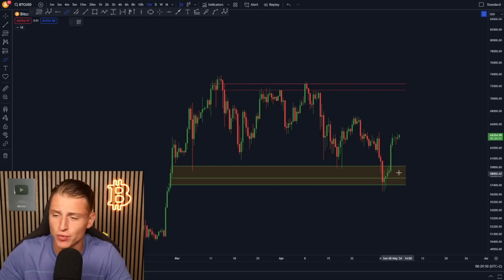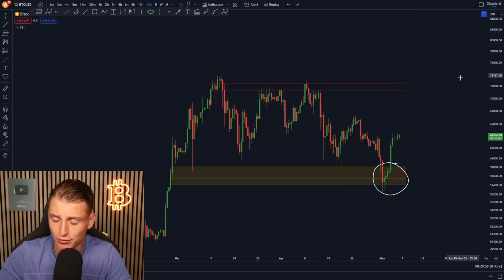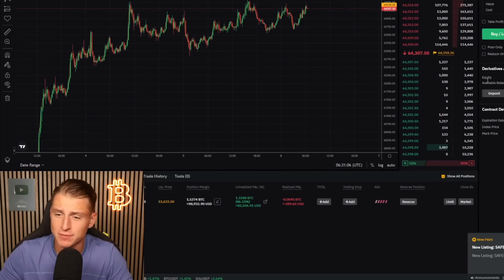But basically what my strategy was, of course, is buy Bitcoin in the orange box and then wait till it is going to be bouncing back towards the top side of the region, which I think is going to be happening most likely from off this point. But $67,000, which is of course this previous high in the market right here, is not too bad of a target to already take some profits off the table, especially since I'm right now already